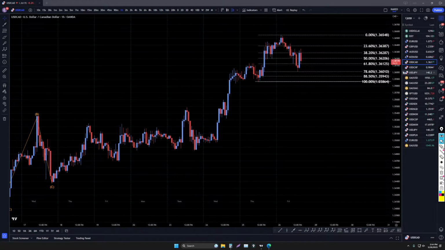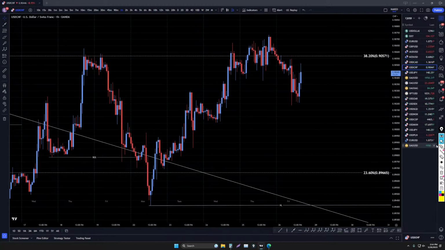So US dollar Swiss, yeah, this is one that I entered today. I don't really know if it's going to be a good trade or not. I got a really tight stop loss, so I'm not too worried about it, but it did make 3 waves down, and it did have a break of structure down, and then an impulsive turn back up. It does look like possibly the end of a correction, so we're going to have to see what happens at that news. I still think there's a good chance the news will cause the dollar to go up a little bit, but I think there's a good chance that it is going to be like a final push for the US dollar.